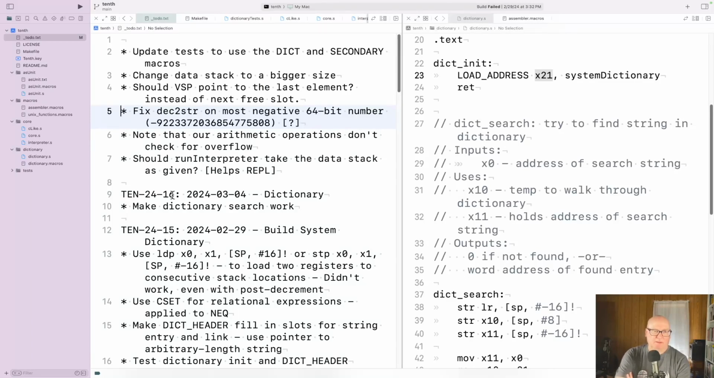Note that our arithmetic operations don't check for overflow. Yeah, that's 1 and 5 is sort of the same thing. The most negative number, you're kind of vulnerable depending how you do it. Should VSP point to the last slot? Okay. Yeah, those all seem like